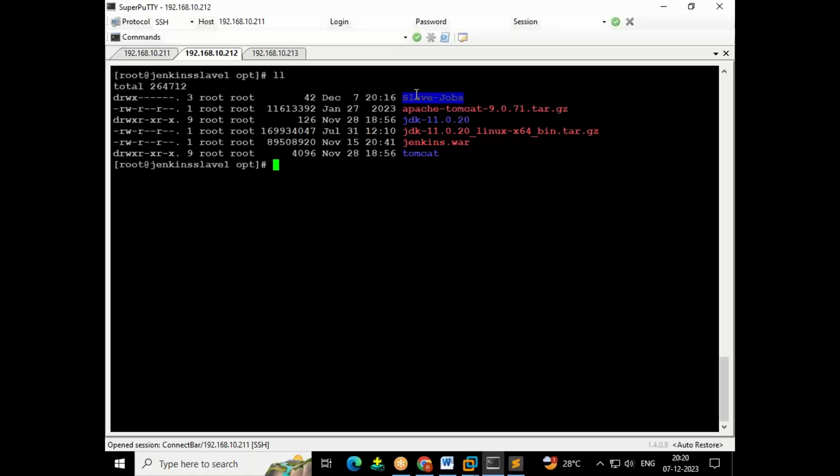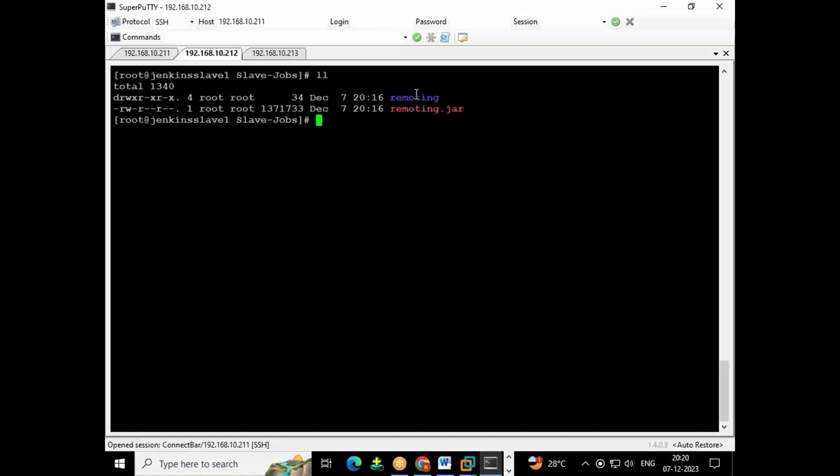Who has created that one? Yes, the job created in the master machine has created this directly in this slave machine. Now CD. Yes, now see guys, remoting automatically it will create. Once you create a job in the master machine, after configuring, if you trigger the job, Jenkins will come here